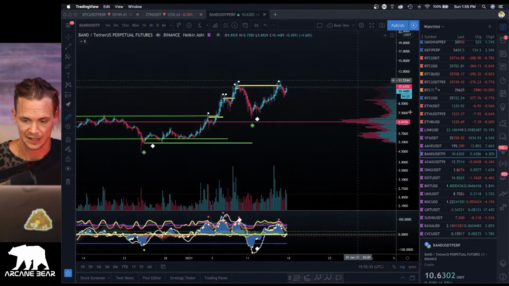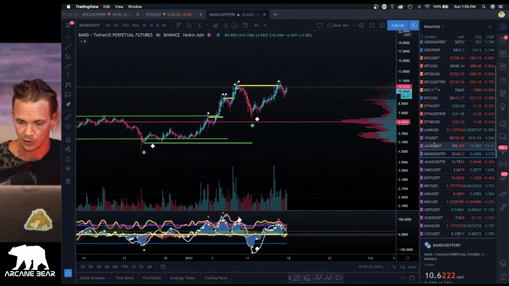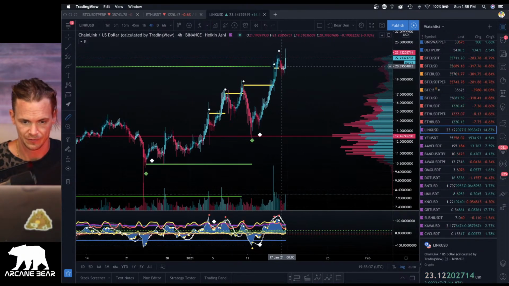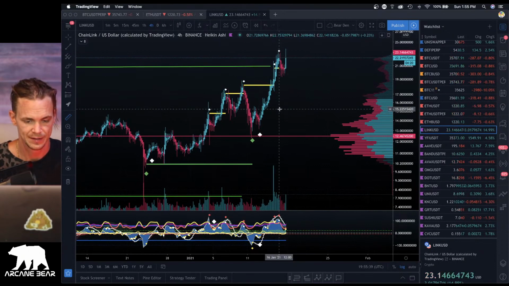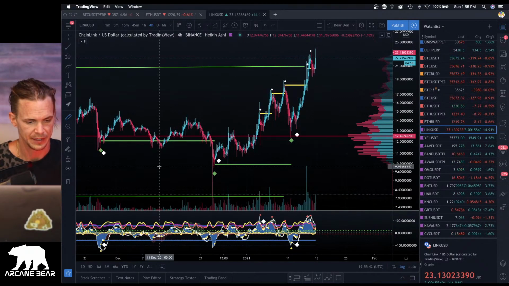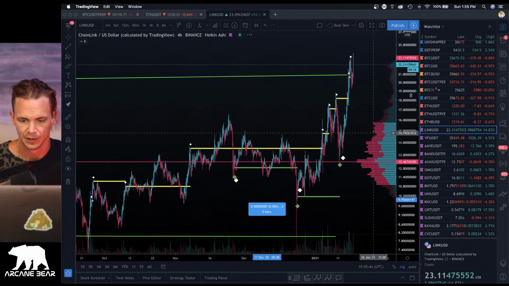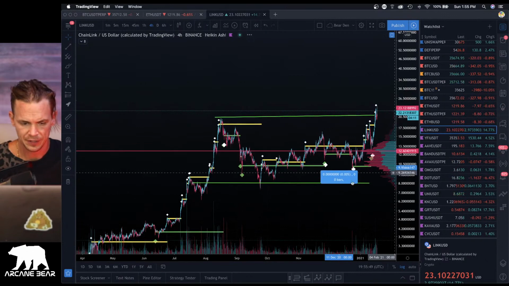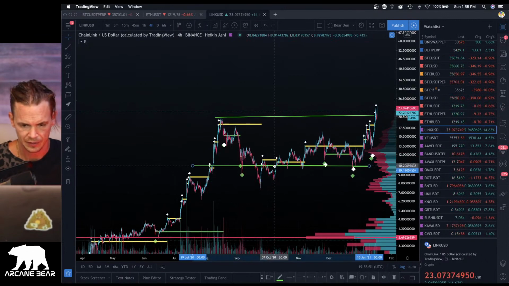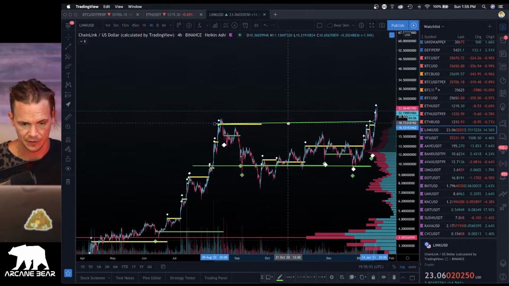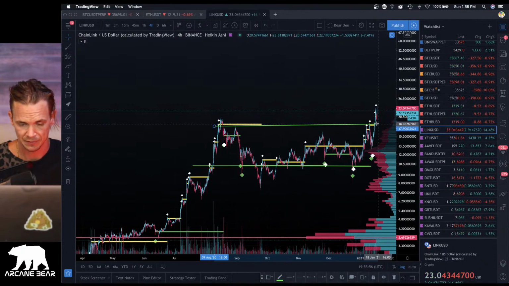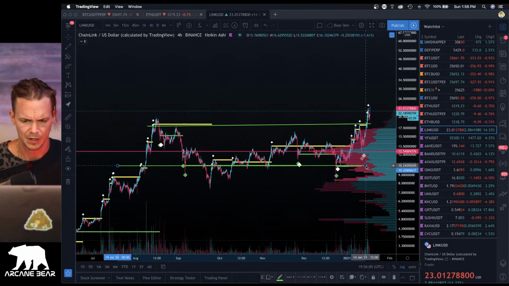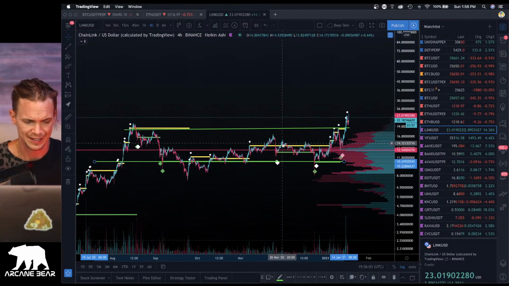So you guys are pointing out Link right now. So we'll take a look at Link, already at $23. It looks like it is just finalizing one of its backup phases. So let's get rid of our momentum indicator here. There we go. Here's another potential trading range for Link that we were watching. It looks like we're at the final stages of the breakout of that trading range as well, which will be quite nice. Link could go much higher, and now that Bitcoin's consolidating, it's going to give room to breathe